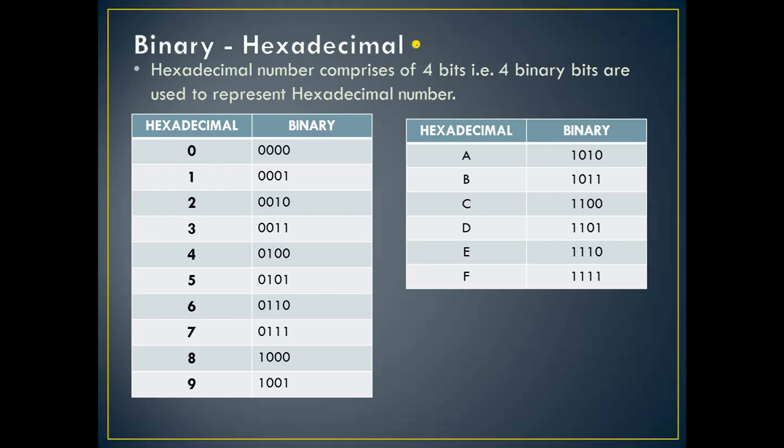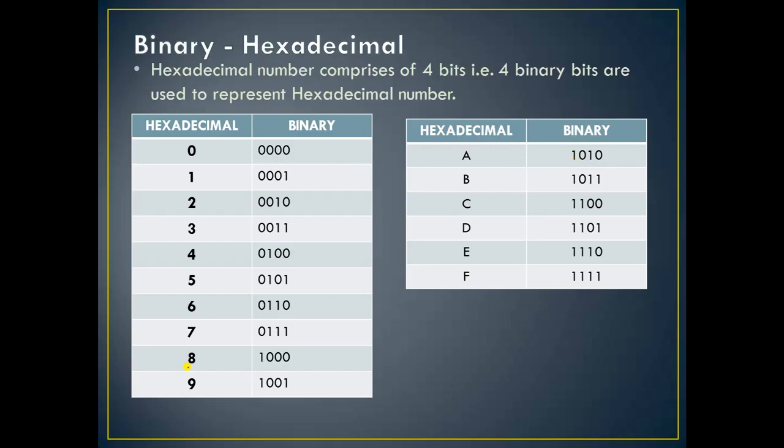So you can see in octal numbers we make groups of 3 bits. Now in hexadecimal we make groups of 4 bits. Why? Because in this you can see the hexadecimal numbers are from 0 to 15. So for 10 to 15 you will write the code, that is A, B, C, D, E, F. So by making this code you need 4 bits.